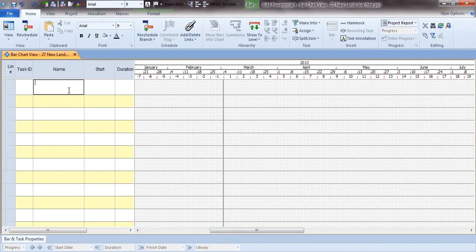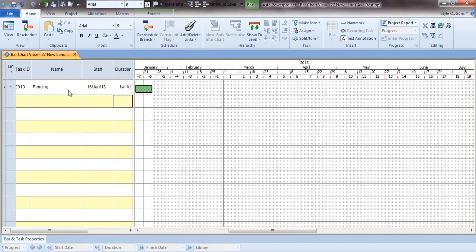So I'm going to say the first thing that we're going to do in our project, which is a construction project for this example, is that we're going to put a fencing around the site to make it secure. And I'm going to say how long it's going to take us to carry out this operation. I'm going to base this on a letter and number combination. So we type 6D for 6 days, and then it creates an activity